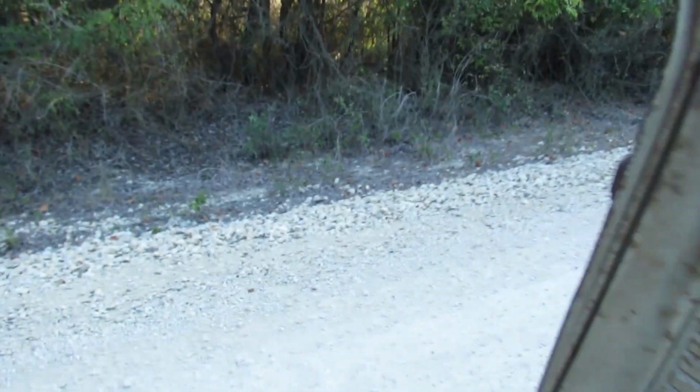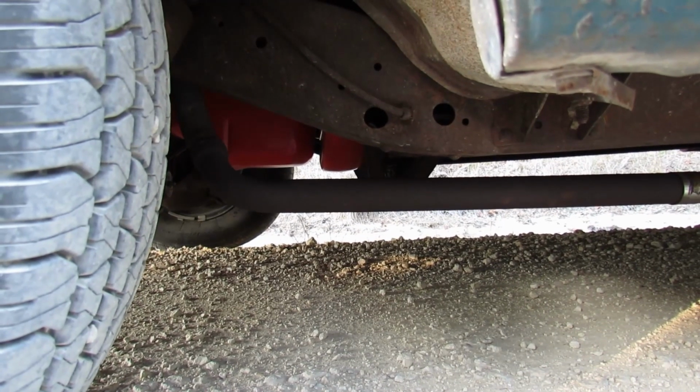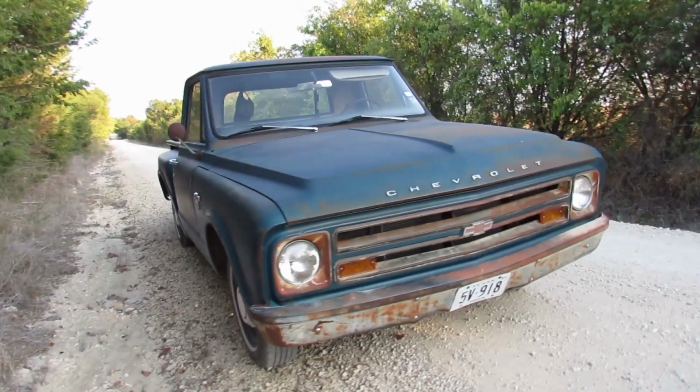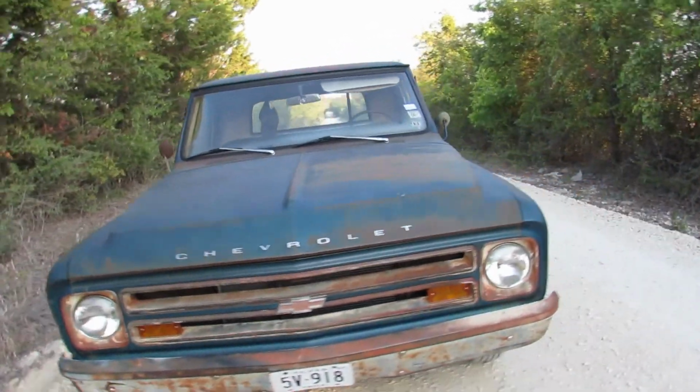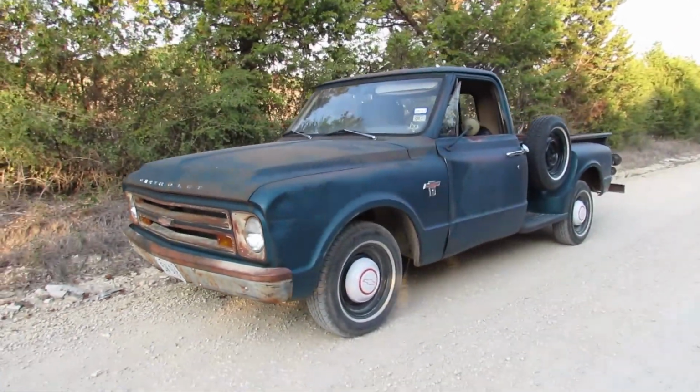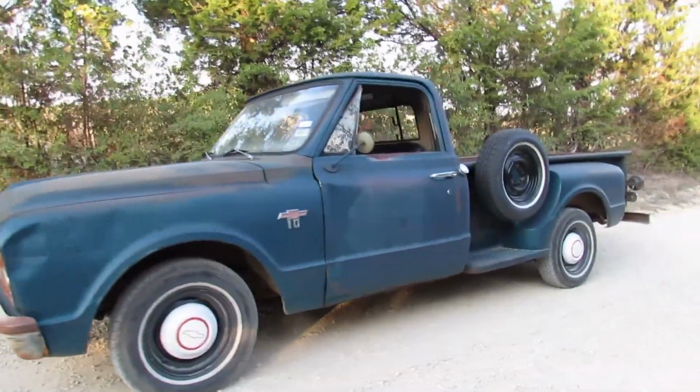But the exhaust is a lot quieter. Not perfect, but it's a lot better, a lot more tolerable. Oh, let's take a look at our leaks. Doesn't look like we're leaking any engine oil. The rear end looks great too. Nothing leaking. Some things need a little bit more work, but I would say that we definitely improved our daily driver over the last couple